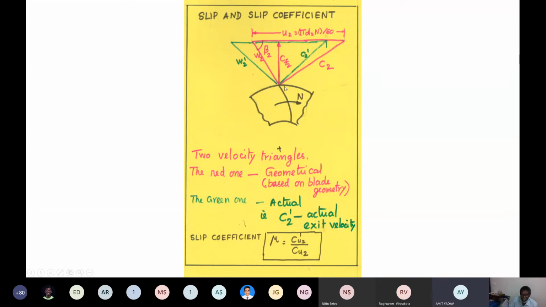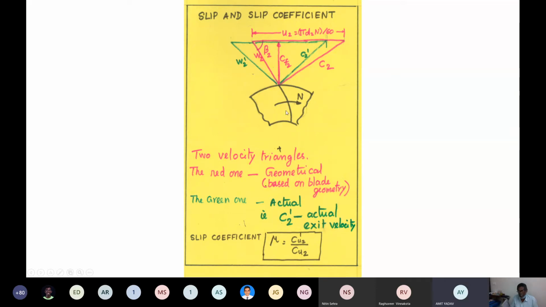Basically inertia, slightly it will fall back. See, you have one blade, the next blade is not so close, only after some distance. So in between, people say that there is no proper guidance. So if slip should not be there, one way is you can have more number of blades. Okay, guidance will be proper, slip will be less.